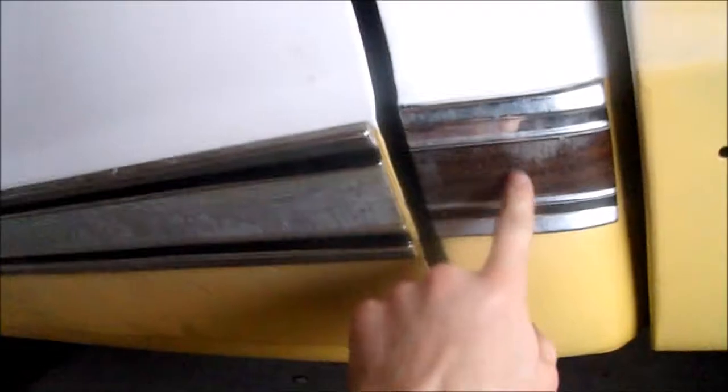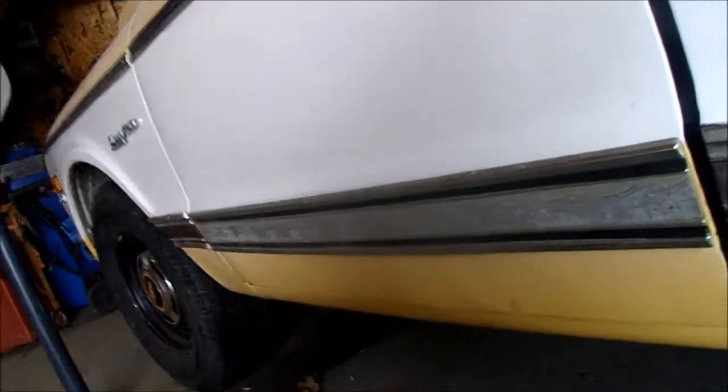Oh yeah, I also put the bottom trim on. This piece right here is missing the wood grain decal. I think LMC sells a roll of the wood grain. I don't know, that'll probably be later on down the road. Not worried about it right now. Like to get the thing running first before I worry about